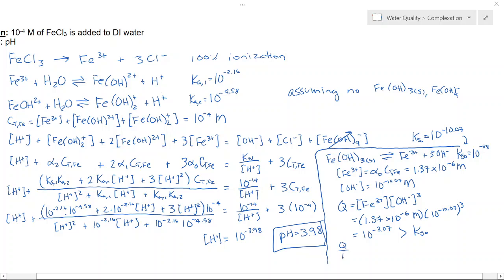So Q over K will be greater than 1, which means that if our Q is too high, the reaction will go backwards, or to the left, proceeds left. That means that a precipitant